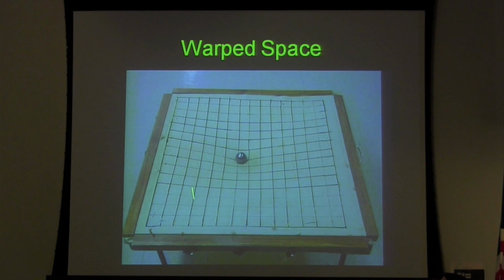Okay, and you've got the rubber sheet and you have the grid on it, and then you take a mass and you put it inside that rubber sheet, and you can see it forms a depression in that rubber sheet. It warps the fabric of space-time. Then imagine that you were taking a little BB and you're rolling that BB. Could you make a nice little orbit around that? Well, certainly if you tried to roll it past it, it would deflect. Okay, and if this were done perfectly, you could actually put a little BB on an orbit that would go